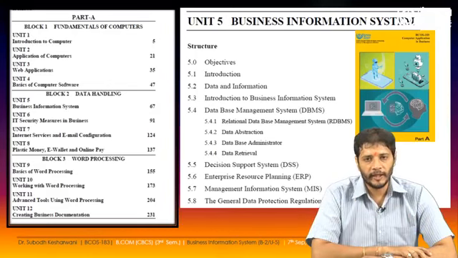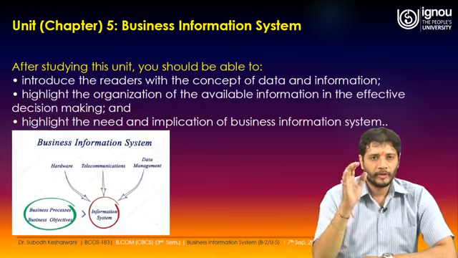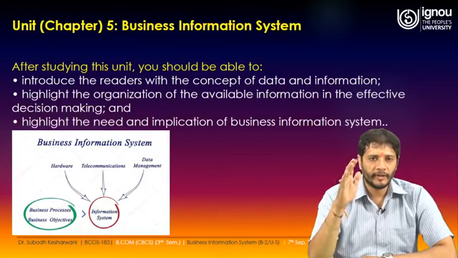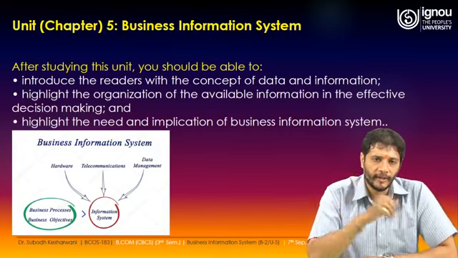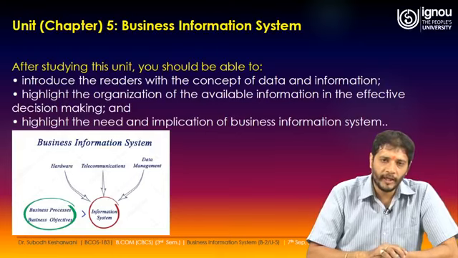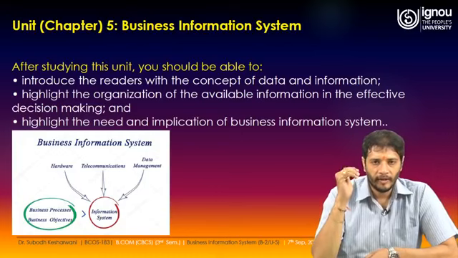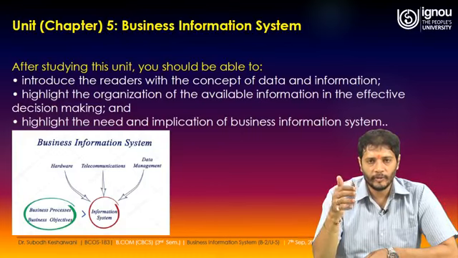So either it could be the individual or the corporate house or whatever it could be. So this business information system is, after studying this unit, you should be able to introduce the readers with the concept of data information, highlight the organizations of the available informations in the effective decision making, and then highlight the need and implication of business information system, because today information system is not merely an information system or information technology. It is something which has a commercial presence, and this is where the business is going to be benefited by